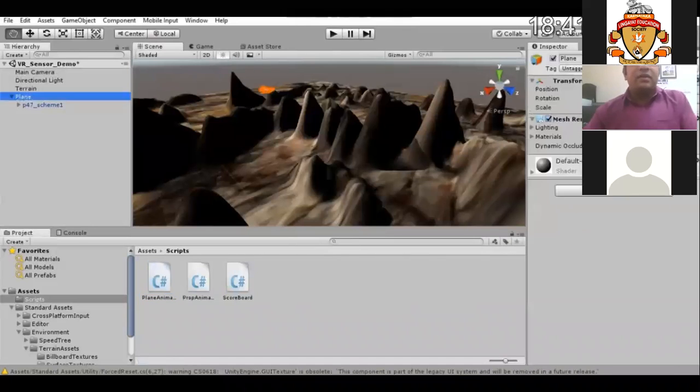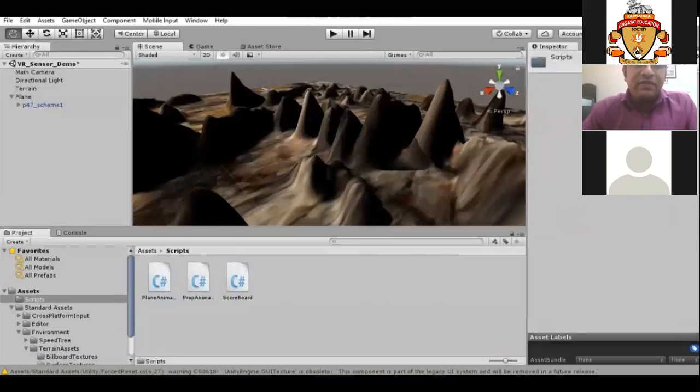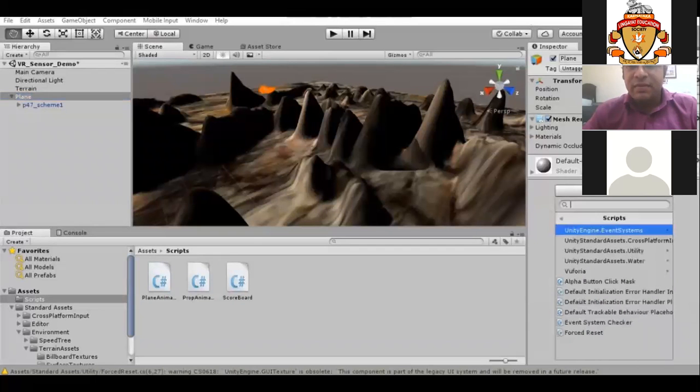So after that, we want to read the sensor values in Unity 3D. For that, we have to use programming scripts, so I will create a programming script.